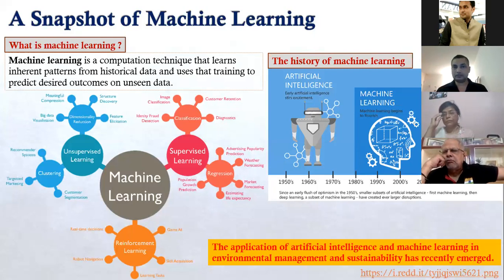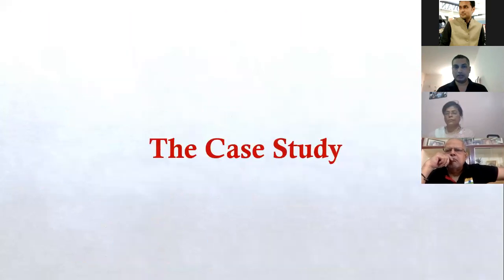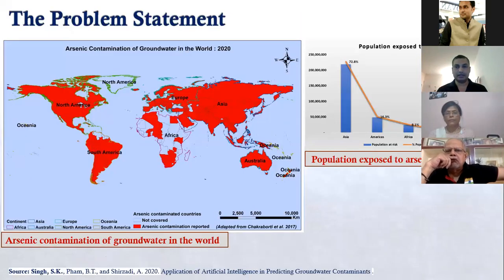So let's go into the case study that I have selected. And as I mentioned, this is one of my published works using applied machine learning. The problem statement here we are talking about is arsenic contamination. And we have